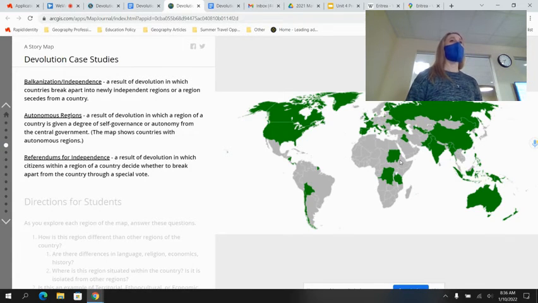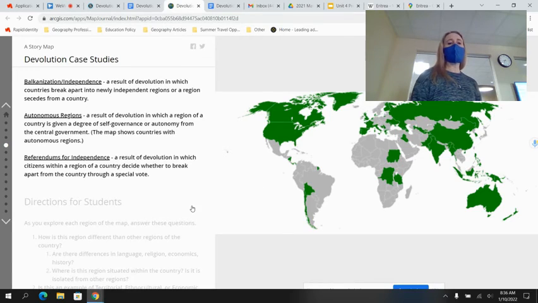Yes. Our American Indian reservations are examples of autonomous regions. They have their own judicial system. They have their own police force. They have laws. Sometimes people will say, how do they have their own laws, right? But they have the ability to make their own laws and their own rules and their own systems outside of the U.S. government. There's a relationship between the United States government and American Indian reservations that basically says you have your own power. And a lot of countries have these autonomous regions, or at least semi-autonomous, meaning that they have some degree of power.